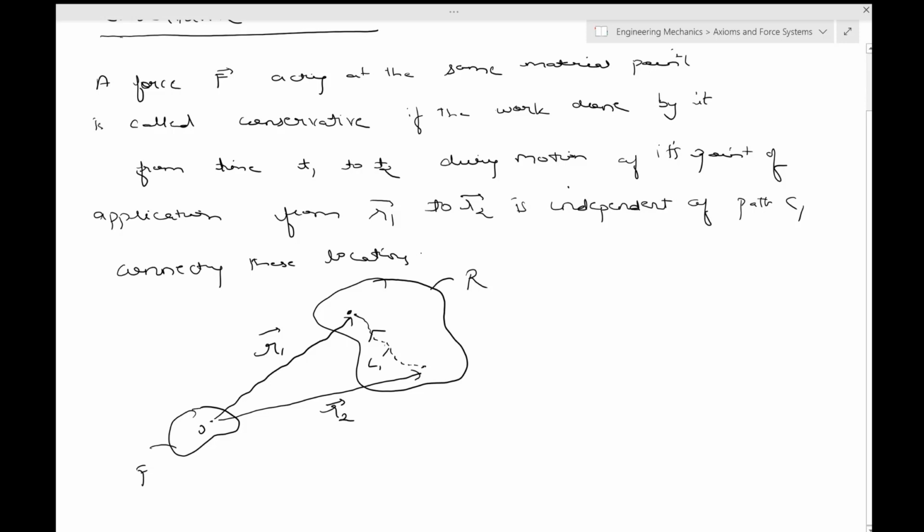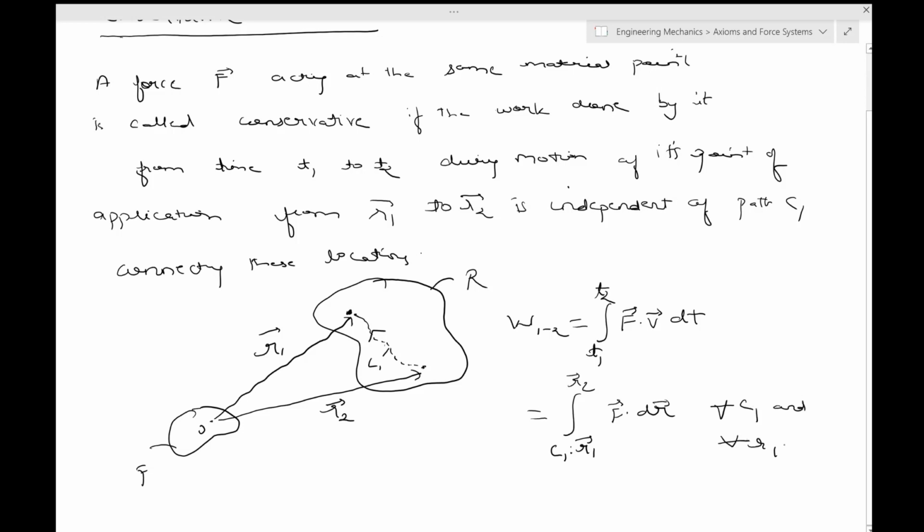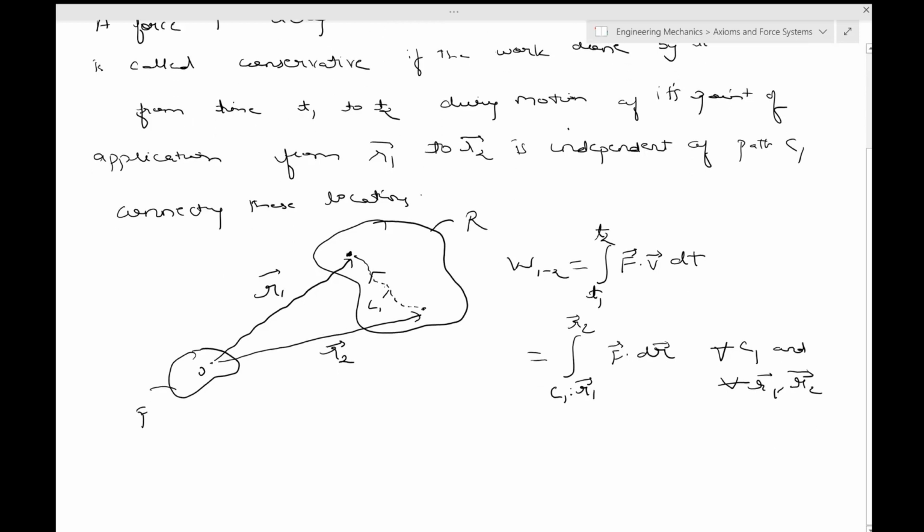So force F acting at the same material point is called conservative if the work done by it from time t1 to t2 during motion of its point of application from R1 to R2 is independent of the path C1. So if this work done, let's write W1 to 2 for time t1 to t2, and the work done would be F dot V. So this is essentially the power of the point of application of force. Now this is for a given C1, R1, R2 is F dot dr for all C1 and for all R1, R2. So essentially it only depends on the position coordinate, not the path